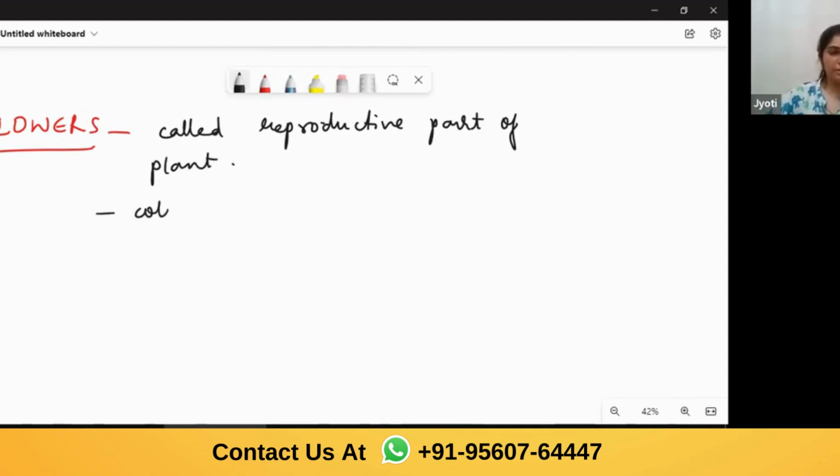They have colored petals and also fragrance. Fragrance means good smell. And the examples of the flowers being eaten: